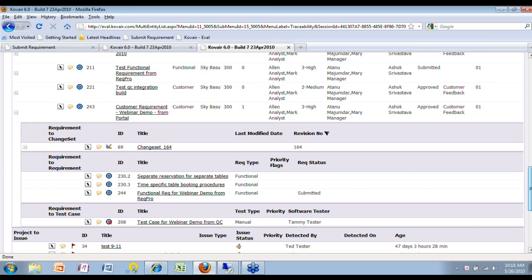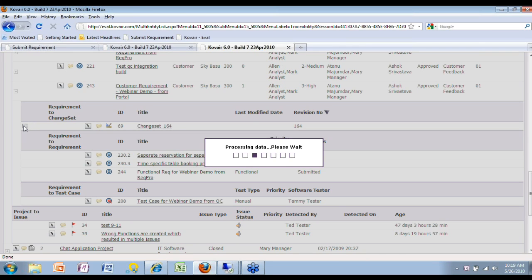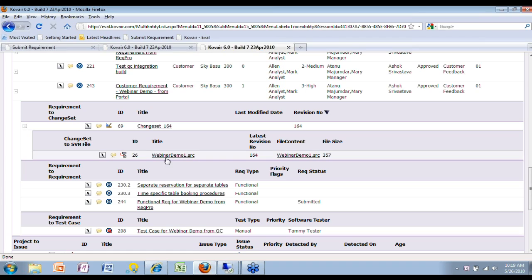I can see that this particular customer requirement traces to the change set. Remember the change set submitted by Dave, and also all the other functional requirements that have been associated. And you can see the ReqPro requirement here, functional requirement for webinar demo from ReqPro number 244. Other two functional requirements were associated by ALM. You can see also the test case coming from QC. And also if I now expand the change set,